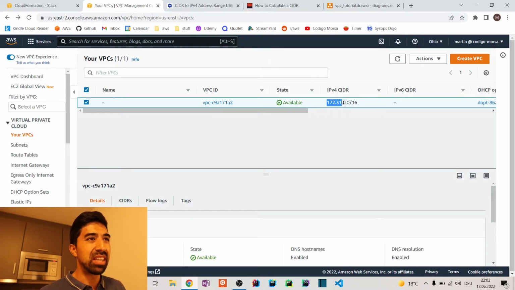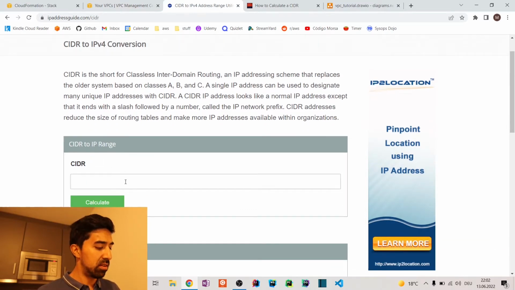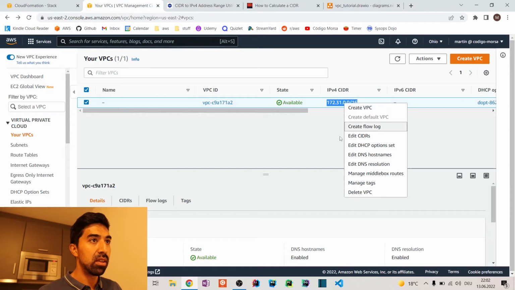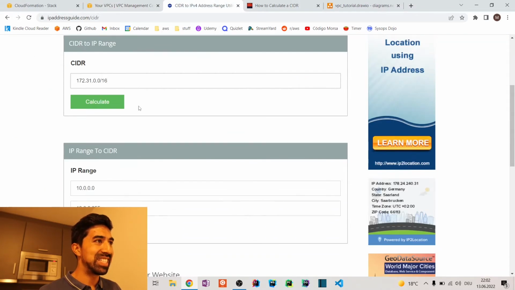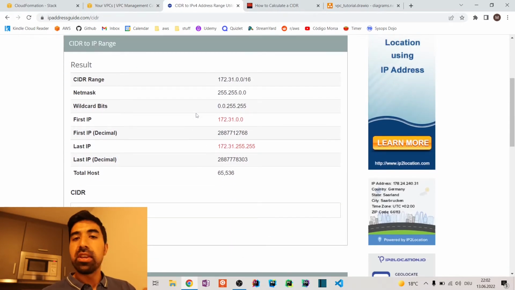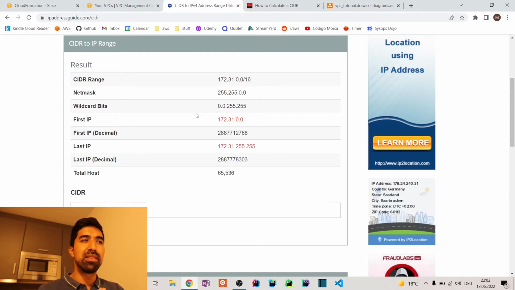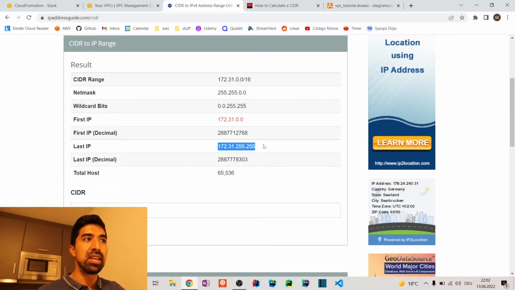Actually, let's look at this tool. This is the CIDR calculator. It is online, free for everyone. You can put a CIDR there like this one. I'm gonna copy this and paste it here, and look at this. It's very useful, this calculator, because it tells you exactly which one is the first IP of this block and the last one. As you see, this is the last IP. So this is theoretically the